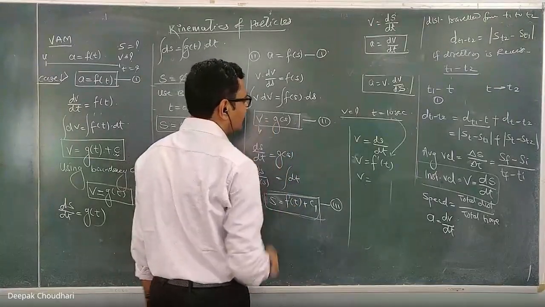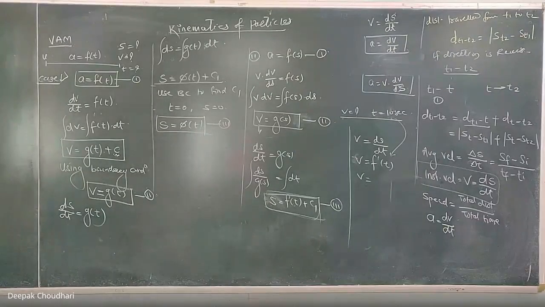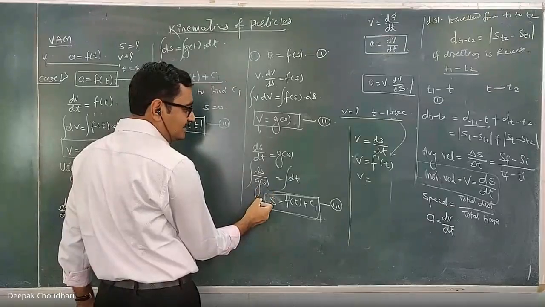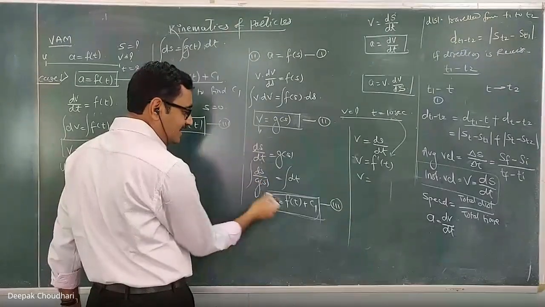Sir, in this third equation t is equal to something, right? Yes, here we substitute t equal to 10, then we will get the corresponding displacement. And if you substitute this displacement here, you will get a corresponding velocity. I don't understand your question. Sir, integration of dt is t now over your third equation. No, it is a general equation. Yes, it is t. But this side will also give some function, you will have to solve this integration too.